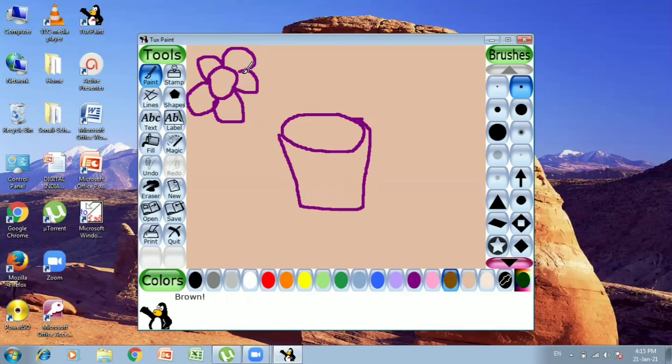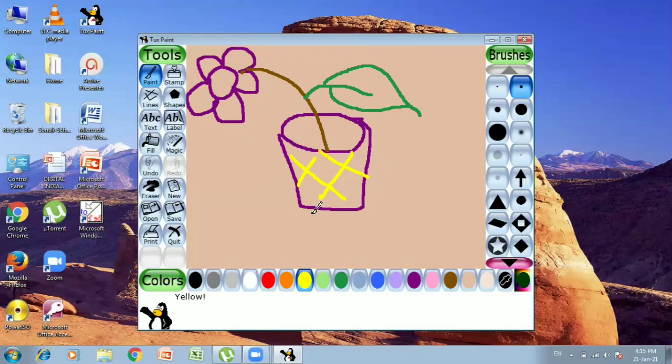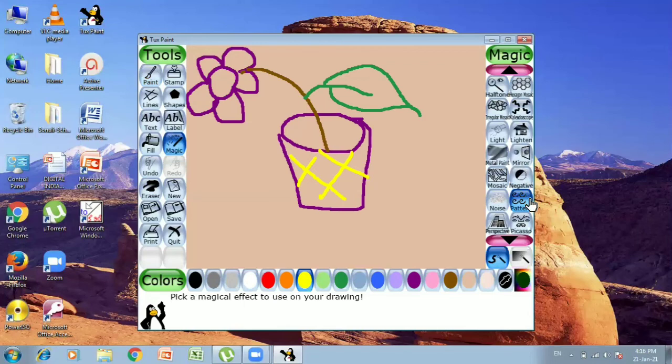Like this. Let's draw a leaf also. Okay children, this way you can use the paint tool to draw. In this also you can apply different types of magic if you wish.